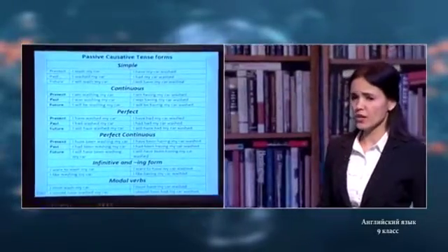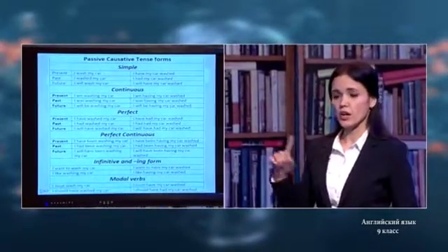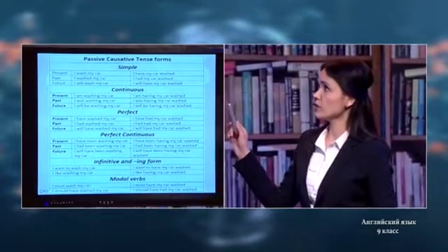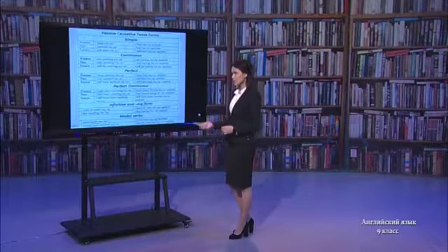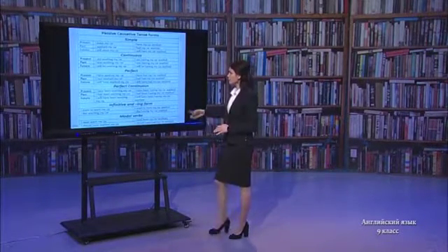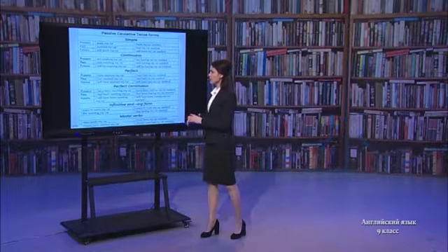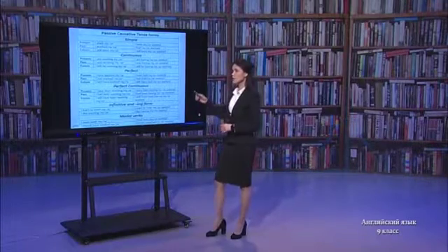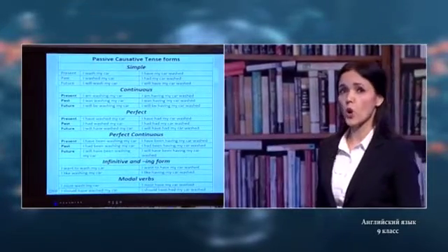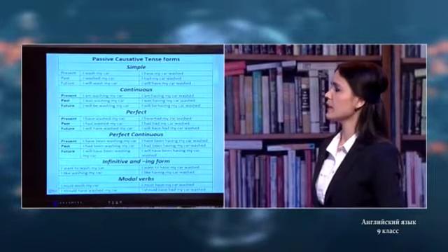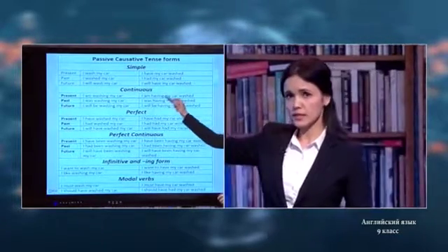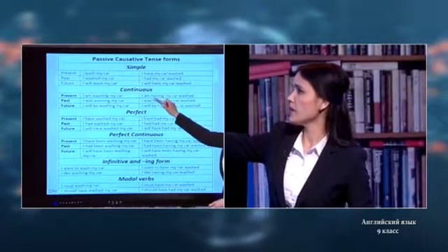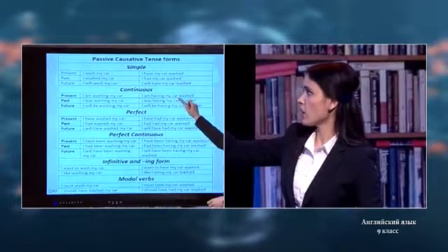So, you might have some questions about how you can identify the tenses, for example, the passive causative tense form. I'm not going to take much of your time to describe all these formulas, but I can give you some hints on how to make your own sentence clearly. For example, if you're going to talk about present continuous, which is in process, you can say I'm having, to be plus having, my car washed.